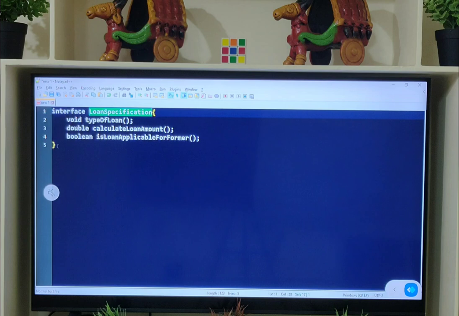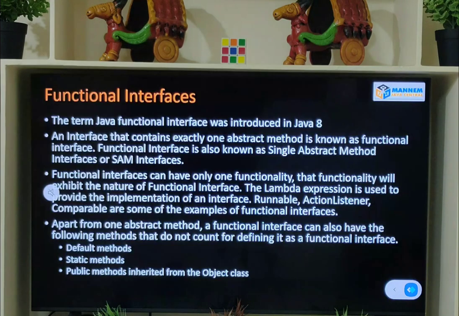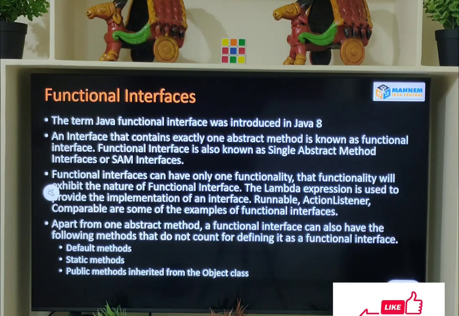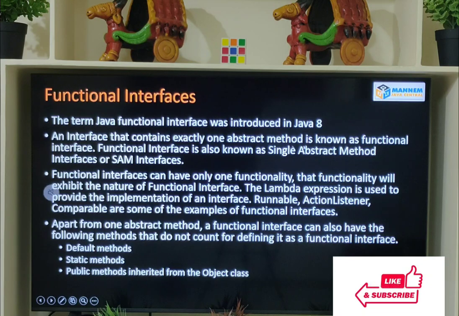So let's park this explanation about interfaces aside. Now coming to functional interfaces, an interface that contains exactly one abstract method is known as a functional interface.